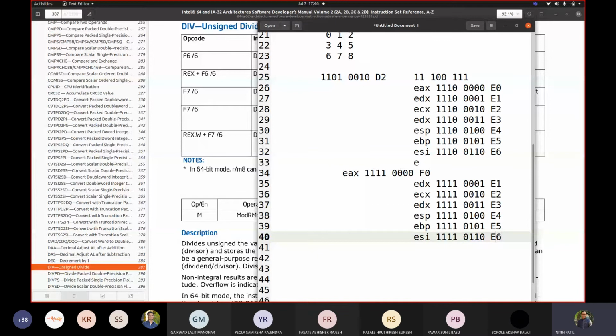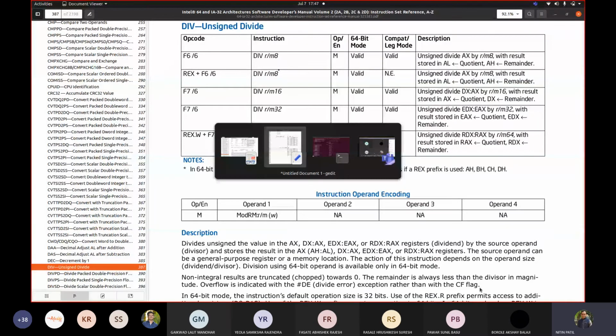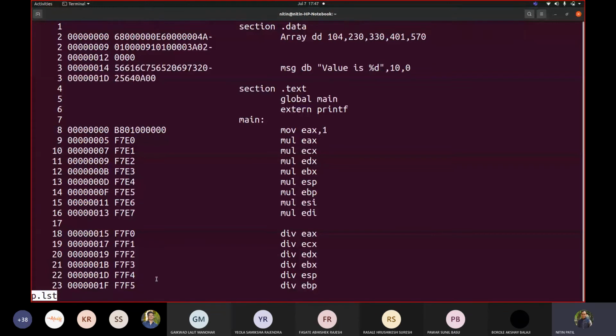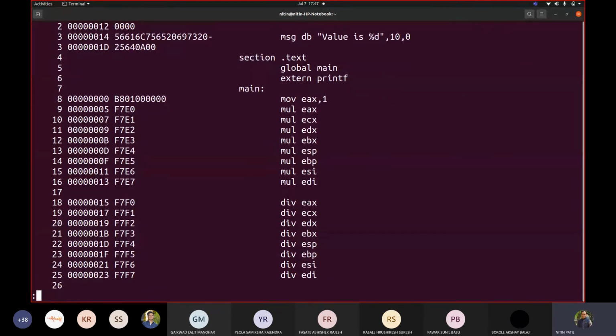And if you see now, I will show you there as well. I wrote it small, but let us see it here in the file. F0, F1, F2, F3, EBP, ESI, F6, F7. Correct? F7 is the same.